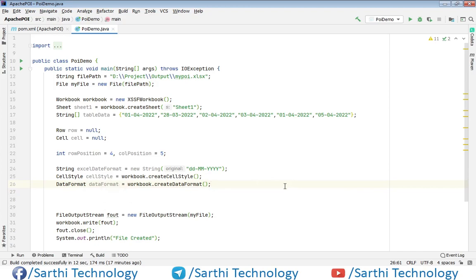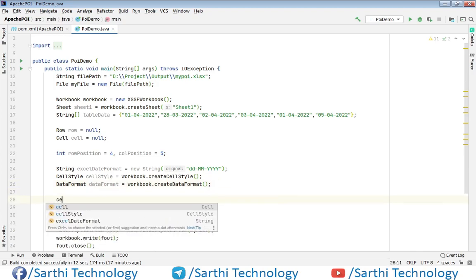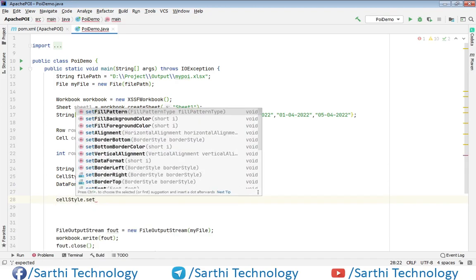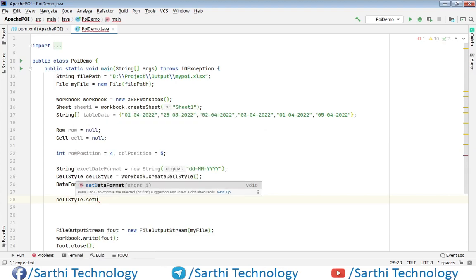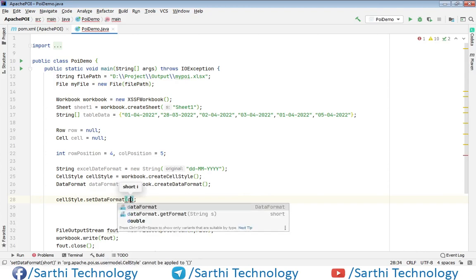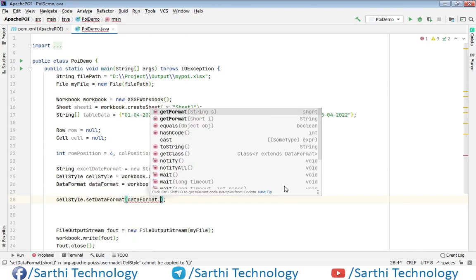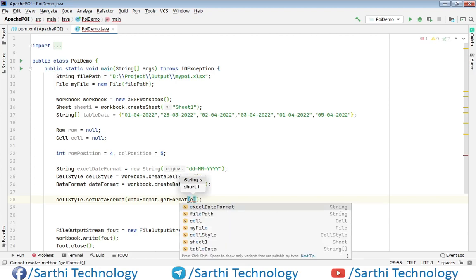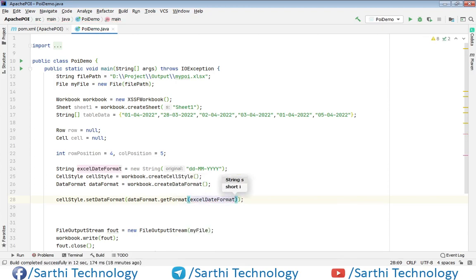Now use this cell style object, cell style dot set data format, and the data format will be data format dot get format, and here we will put that string, Excel date format. So we have one cell style which holds a data format, and the data format is this.